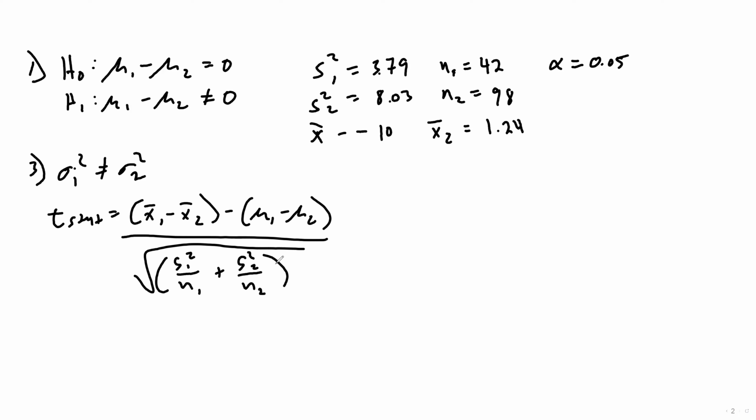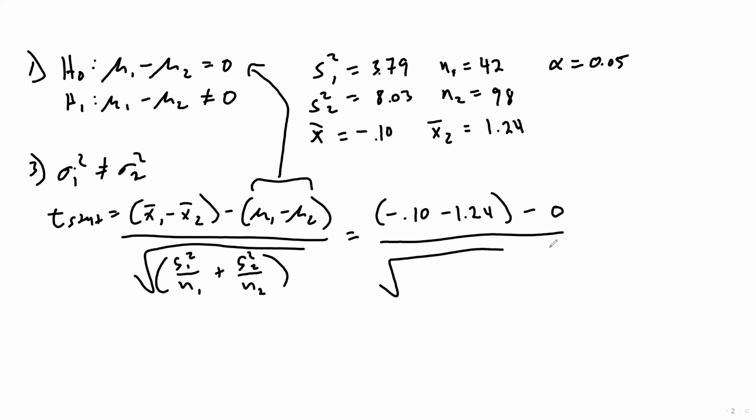This is how it looks. So here we would plug in all the values we are given. Pretty standard, nothing too crazy. Oh, this should be negative 0.10. So negative 0.10 minus 1.24, subtracted by 0. Remember, we get this from our null